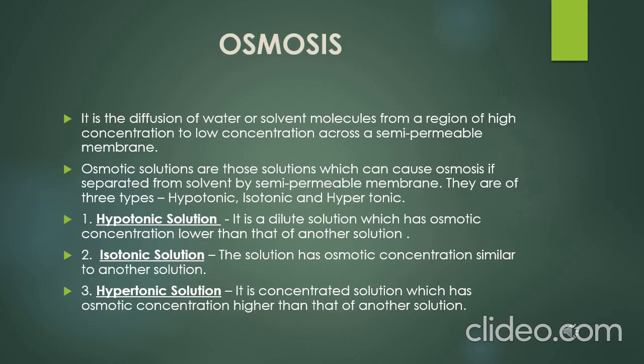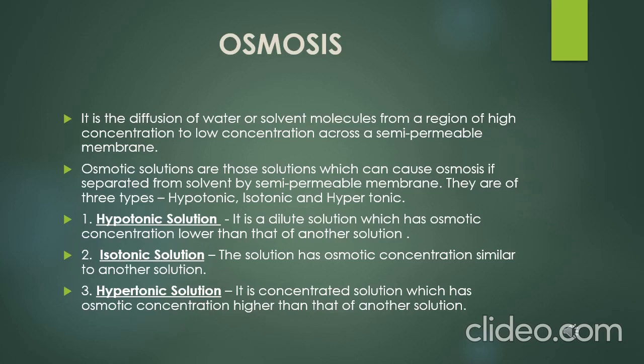Now here are some conditions for the process of osmosis. In diffusion there is no semi-permeable membrane, but in osmosis it is the diffusion of only water or solvent molecules from the region of high concentration to low concentration, but across a semi-permeable membrane. So osmotic solutions are those solutions which can cause osmosis if separated from the solvent by a semi-permeable membrane. If all three conditions are there, then we call it an osmotic solution. And there are three types of